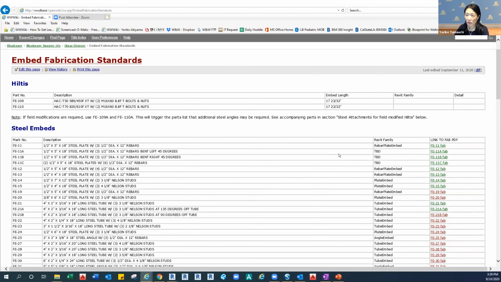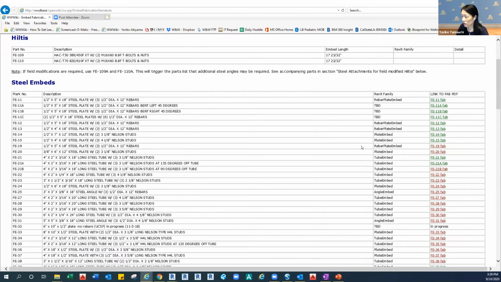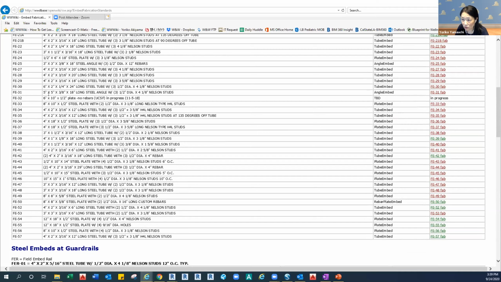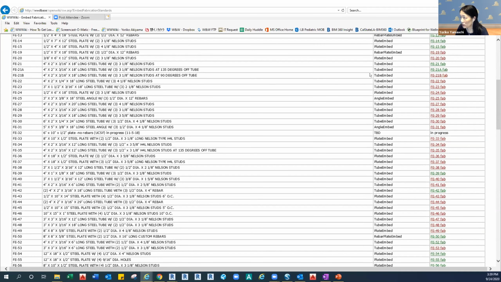Under the embed fabrication standard, you see the Revit family here. Let's say FE21 is created as the tube embed family. When you load the tube embed family from the S drive, that family contains all the tube embeds, so not only FE21. She's adding the new embed to those families.